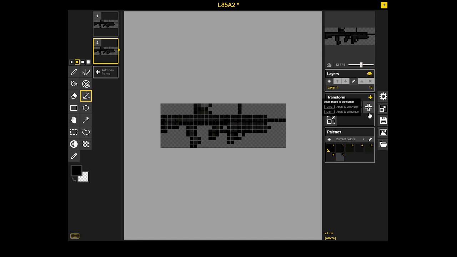Align image to the center. Control align apply it to all layers. Shift apply to all frames. The circle tool, triangle tool, move tool. You can move the sprite. Shape selection. Just explore these things yourself. What I'm really going to go over, to be honest, is something else, and that is add new frames. Well, it's frames. Yeah, it's frames. So,